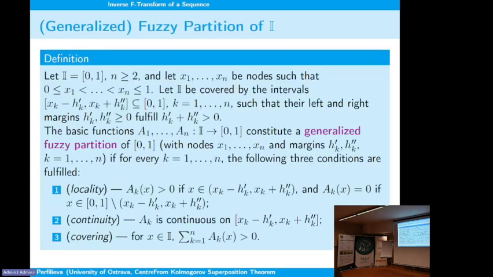So what we propose is, as I said, to analyze the proof and to show that functions phi k can be characterized with the help of inverse F transforms. Therefore, I recall to you the notion of quasi-partition. Probably you know it. It is a bit general, and I do not have time to go into the details. Actually, we have a partition of the interval 0, 1 with fuzzy sets. We call it generalized because